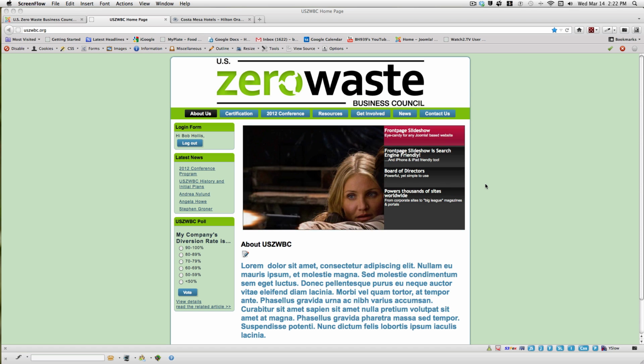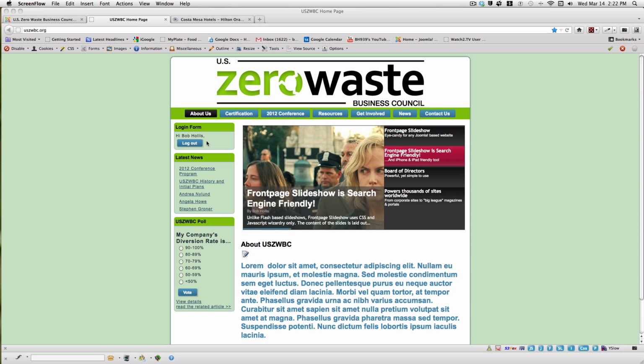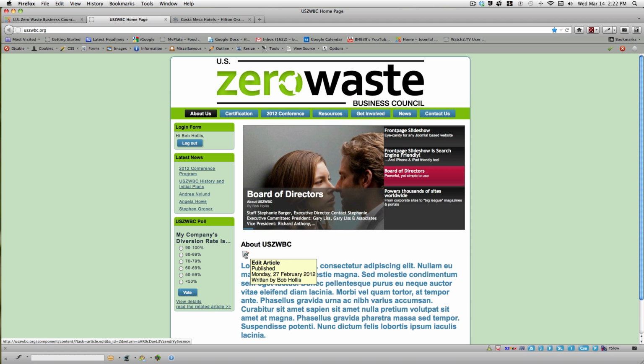This is a demo tutorial on how to edit Joomla from the front end. As long as you have access to edit articles, once you log in on the login form, it will show your name and that you're in the website, and this new icon will show up for any article, the edit icon. If you hover over it, it says to edit article. So to edit this article, I would simply click,